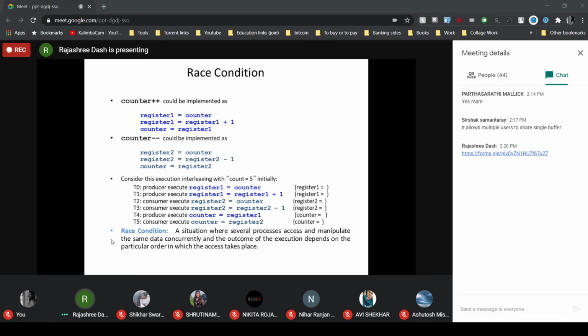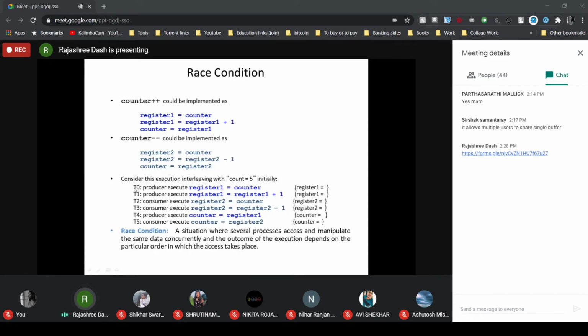Here one possible interleaving of the instructions related to counter plus plus and counter minus minus is represented. Let's consider that initially the counter value is 5. There are so many possibilities; here I have just discussed one.